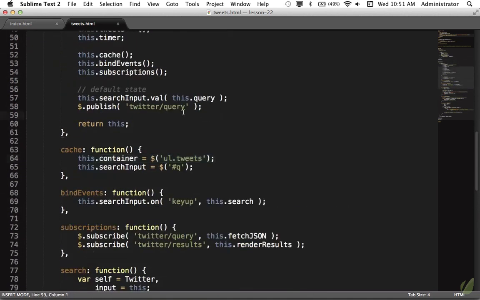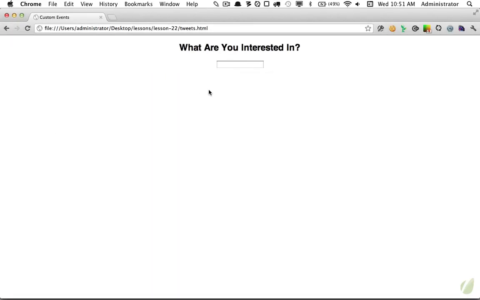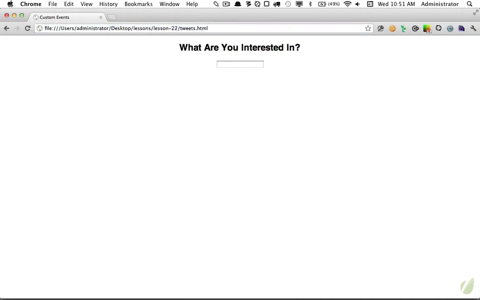So the final thing is I'm going to delete this right here. And what I want you to see is by default, we don't see anything on the page. And then you can look for something and we get the results. So let's say you've built this. This is exactly how you wanted it. But now your boss says, well, I want when the page loads, let's set up a default search for them. That way we get some promotion out of it. So he says, when this page loads for the user, I want you to automatically show results for Tuts Premium